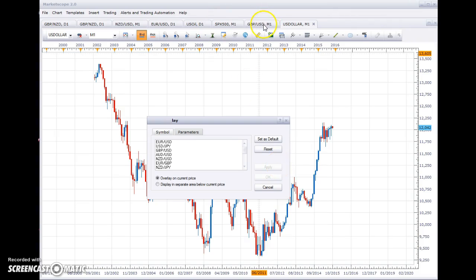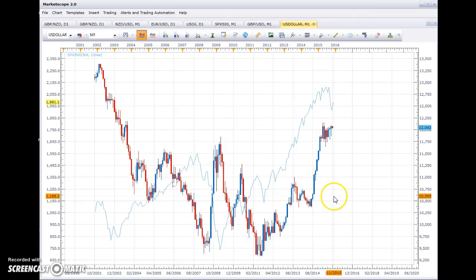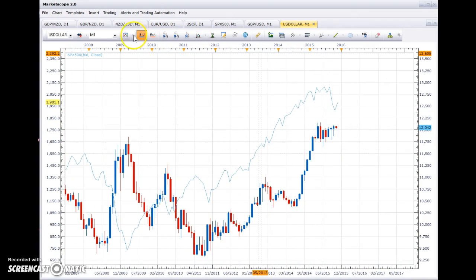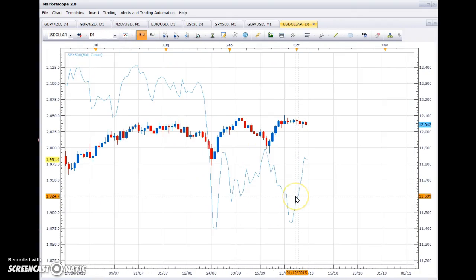Pound dollar. I'll try to overlay that with the S&P 500, just give you an idea of where we're at. Okay, so you can see the S&P 500 has been dropping and the dollar has been rising, so they're going in opposite directions. And you can see it probably more obviously on the daily chart. Okay, so they're moving in opposite directions clearly,